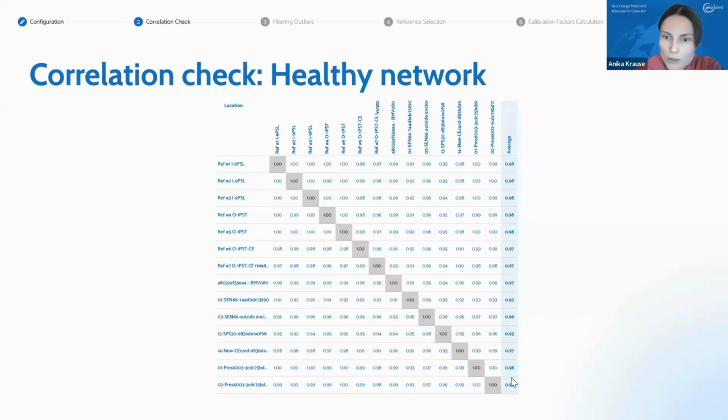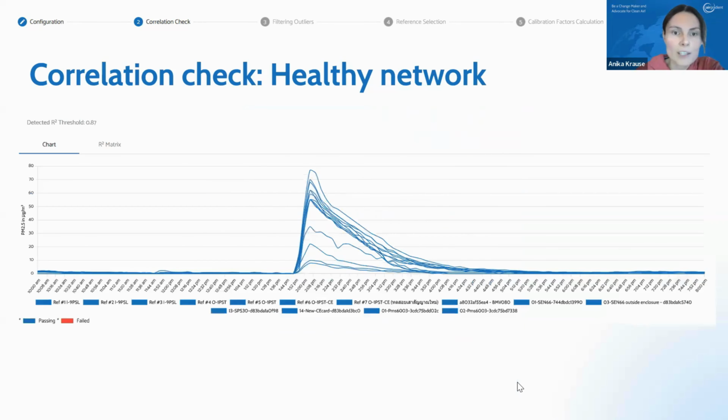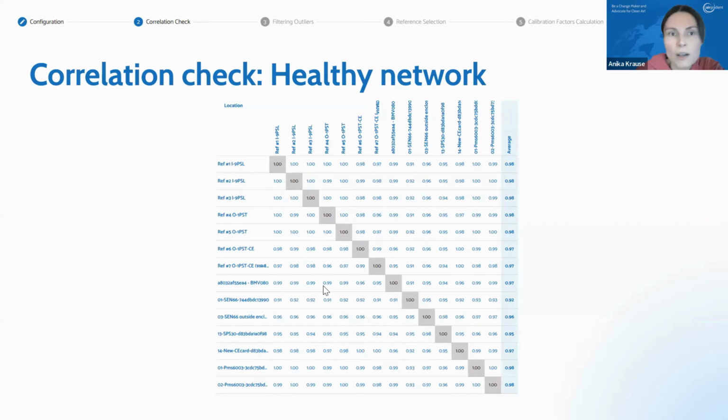These are the ones, the closer they are to one, the better the agreement between each other. And you can see here they're all really high because they track each other really well. They show different scalings basically because this is our testing chamber and there are different sensor models in there, or plant tower models. So that's why there might be different scalings, but they all follow the same trends.